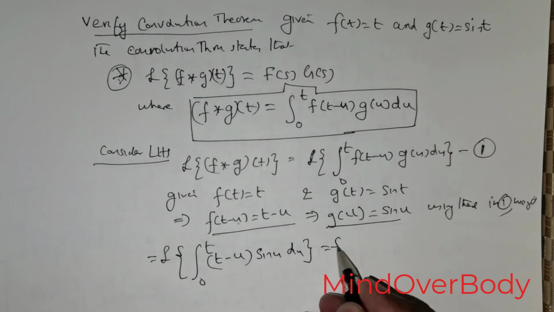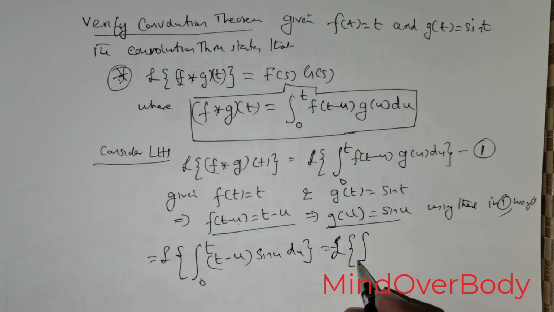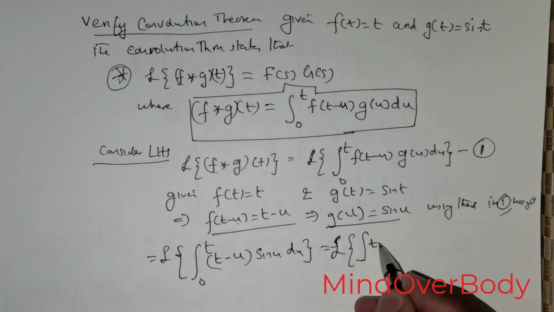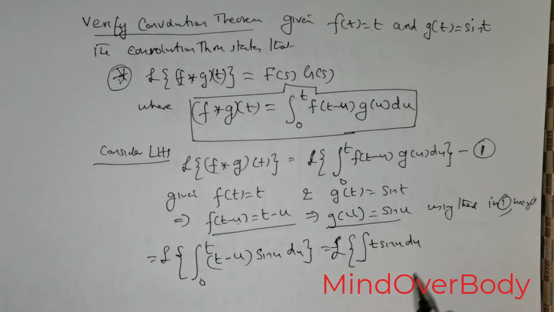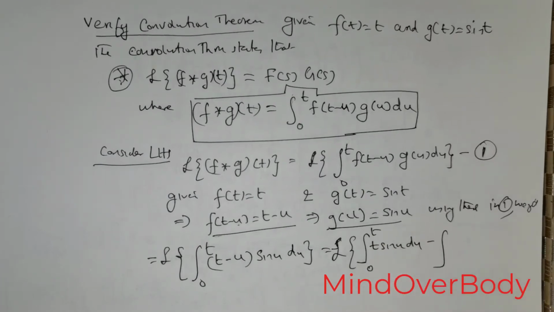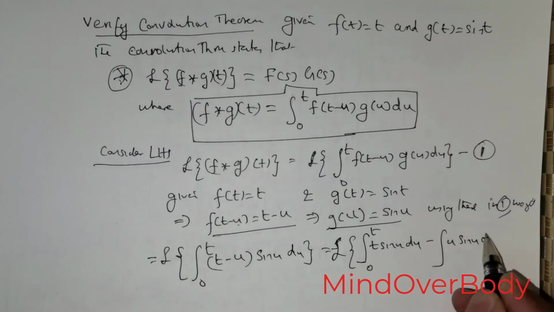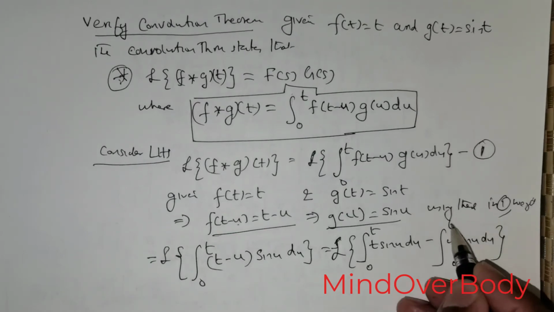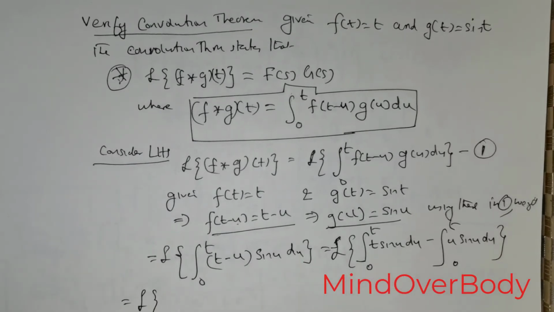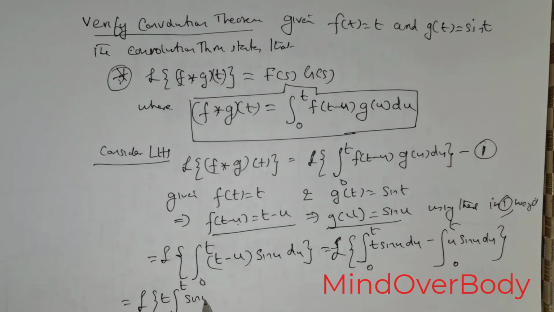I can rewrite this as the integral of t times sine u du, limit 0 to t, minus the integral of u times sine u du, the limits are 0 to t. Now t is a constant, so take that out. So the Laplace transform of t times the integral from 0 to t of sine u du, minus